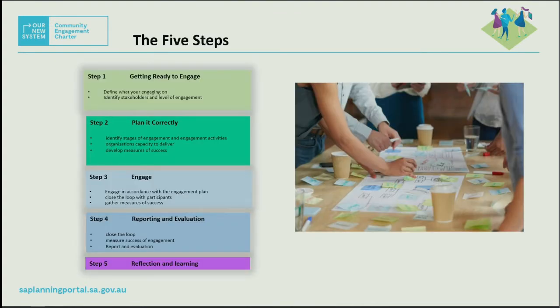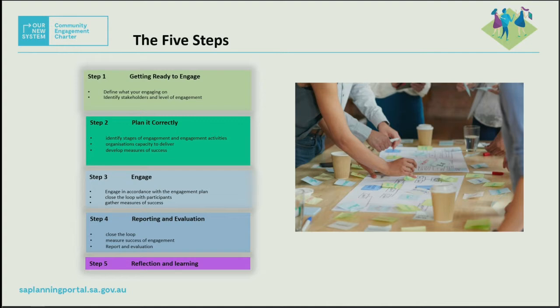To help practitioners and councils meet the 5 principles of the Charter, 5 steps have been developed to help guide you through this process. These are very similar to any best practice engagement across the state and the world, but they have been targeted to be useful in the planning context. Steps 1 and 2, getting ready to engage and planning it correctly, are probably the most important ones